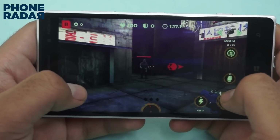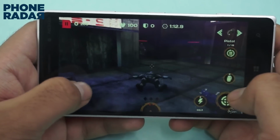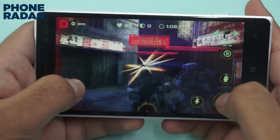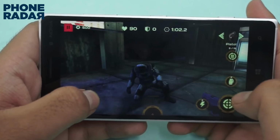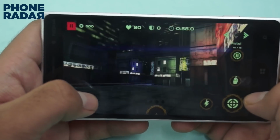But here the Lumia 830 seems to be doing a very good job in taking up the touch response and responding to it. So the Snapdragon 400 with the Adreno 305 is already doing a neat job, but you can see that along with the graphics, the response of the touchscreen is pretty great. So this was the Dead Earth